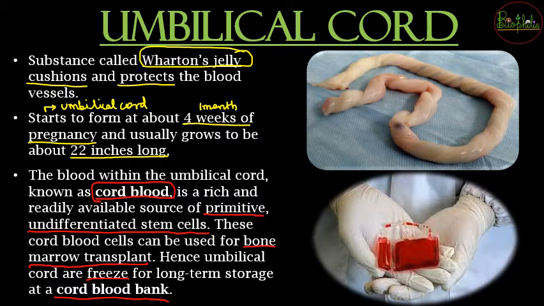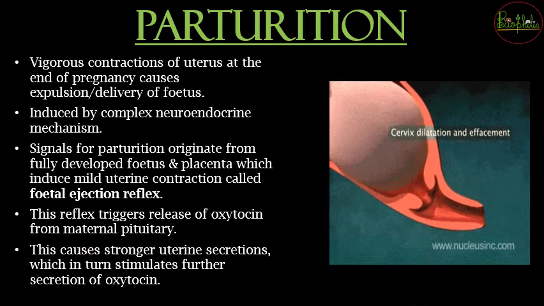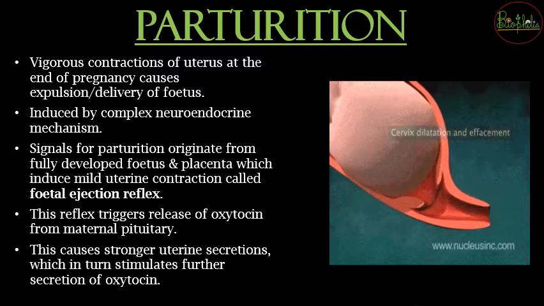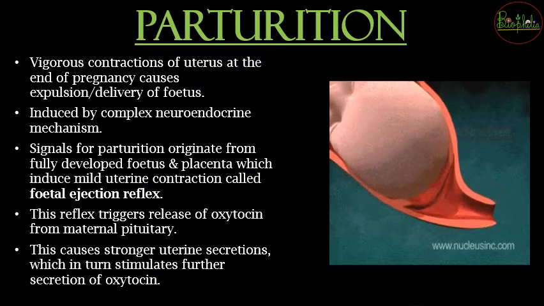Many of the Bollywood stars, you might have heard, store their babies' umbilical cord. Actually they are not going to store the umbilical cord that we see up here in the first photograph, but the frozen blood that is inside this cord. So now as you have understood this, you can relate to whatever news comes next about the storage of the cord. Now the important part, the next process that occurs, is parturition.